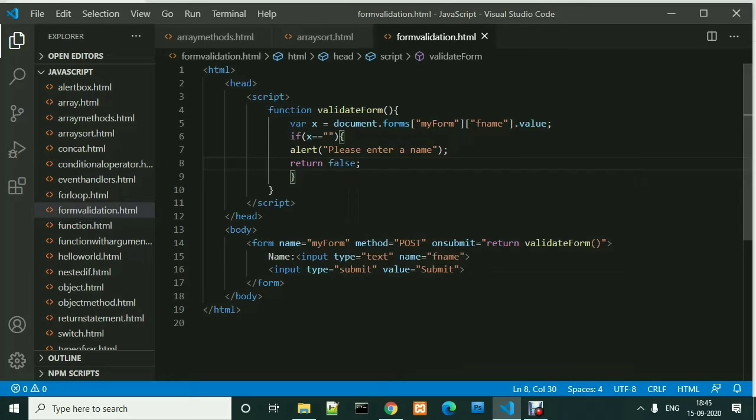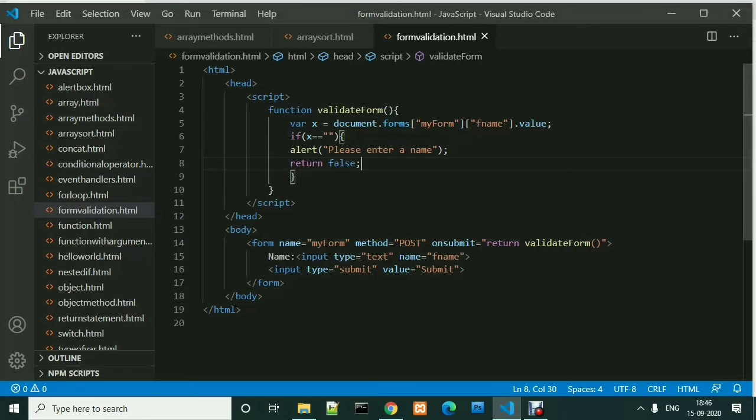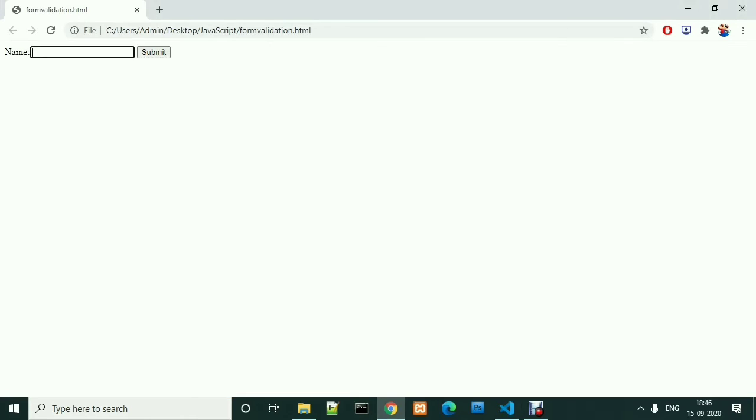Now we just open the folder where we have saved this file and open the file, and our screen shows only an input box, a submit button, and a name that we have written here. Now what happens if we submit this form? It says please enter a name.